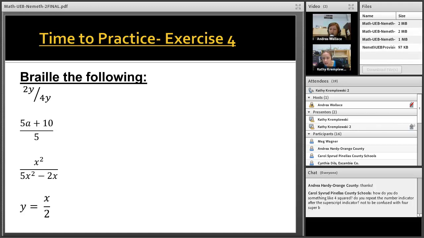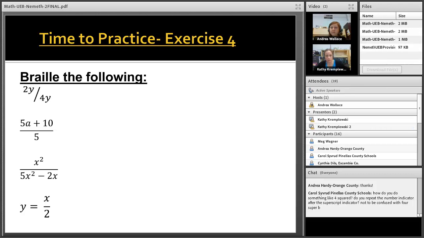All right, so how do you do something like 4 squared? You repeat the number indicator after the superscript indicator, not to be confused with the 4 super B. So you would do the superscript sign and then number sign. Yeah, you do number sign 4,